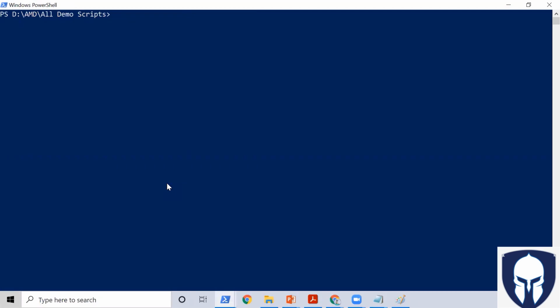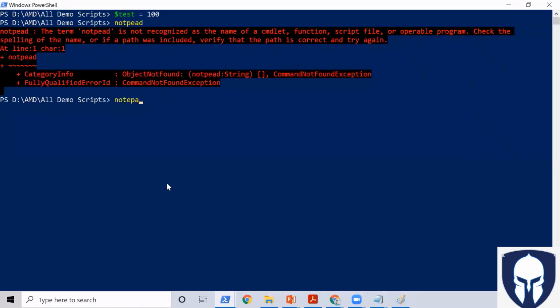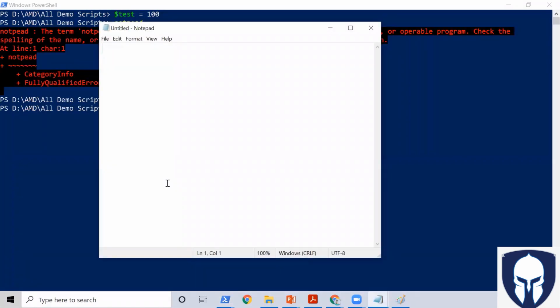And in that script, I'm trying something. Before I write a script, I'm trying something, and for testing purposes I just put test is equal to 100. Now I open a notepad and then I start writing. Scripts, Write-Host, and then